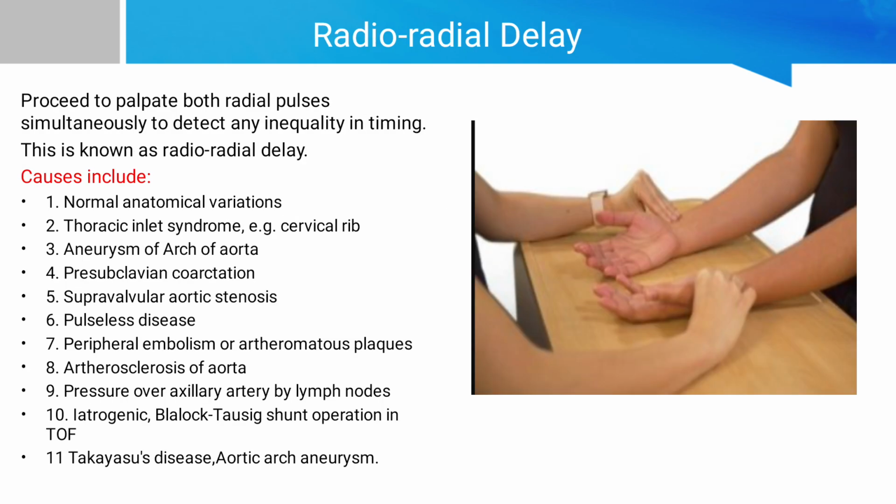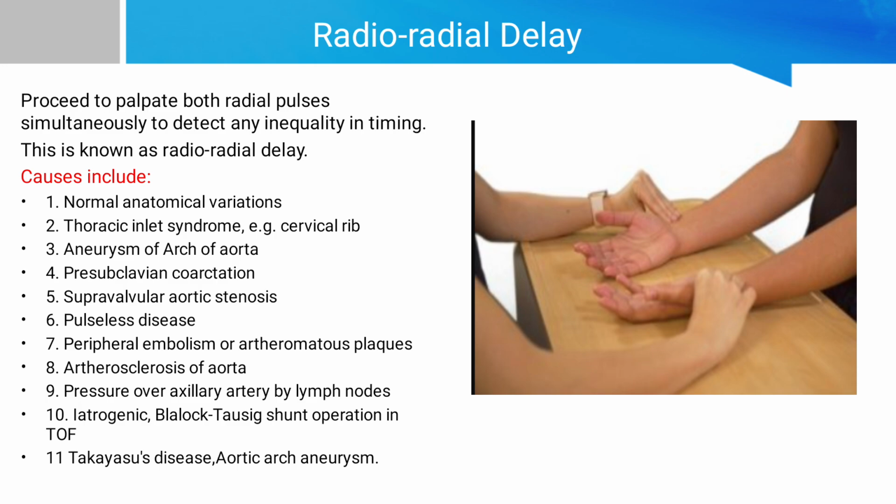How do we see the radial delay? Here we palpate both radial pulses simultaneously to detect any inequality in timing. If there is inequality, we call it a radial delay. The causes of the radial delay: it can be a normal anatomical variation. It is very common in thoracic inlet syndrome, for example cervical rib, aneurysm of the aorta,